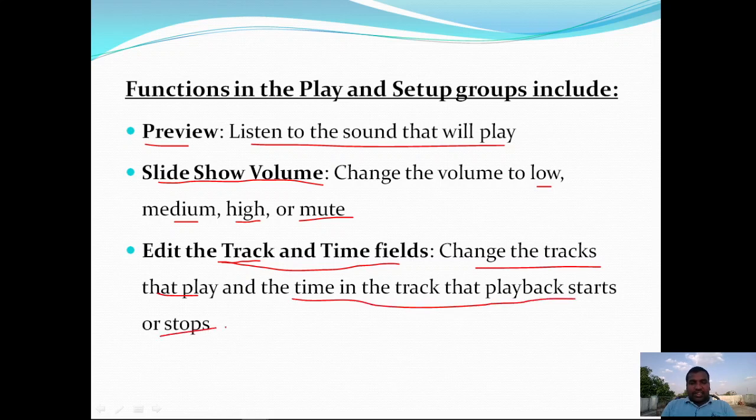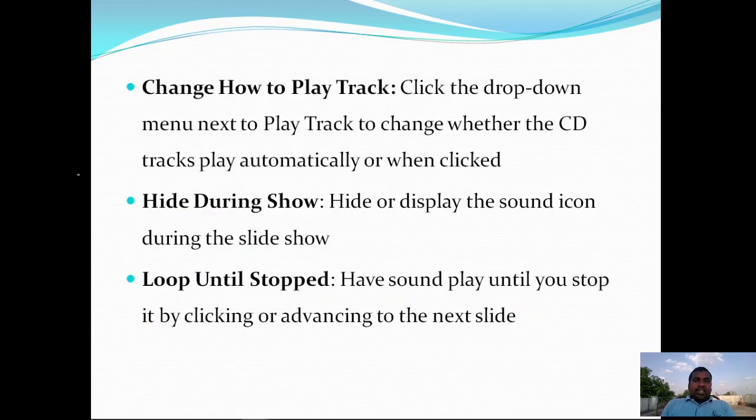Then there is the change how to play track option. Click on the drop down menu next to Play Track to change whether the CD tracks play automatically or when clicked. Depending on that, it is going to change how the tracks play.